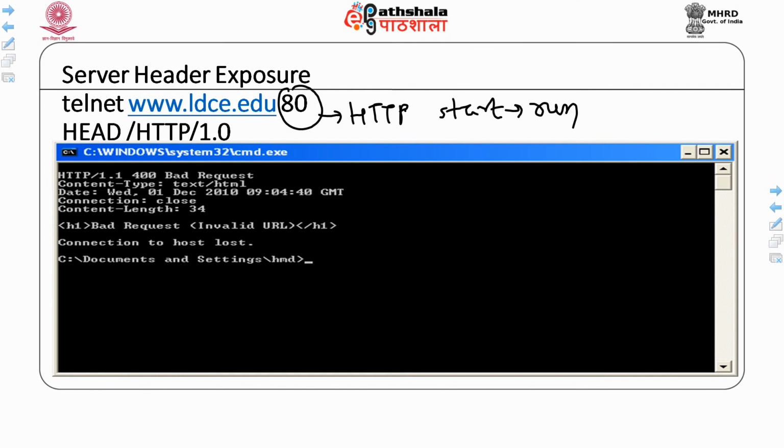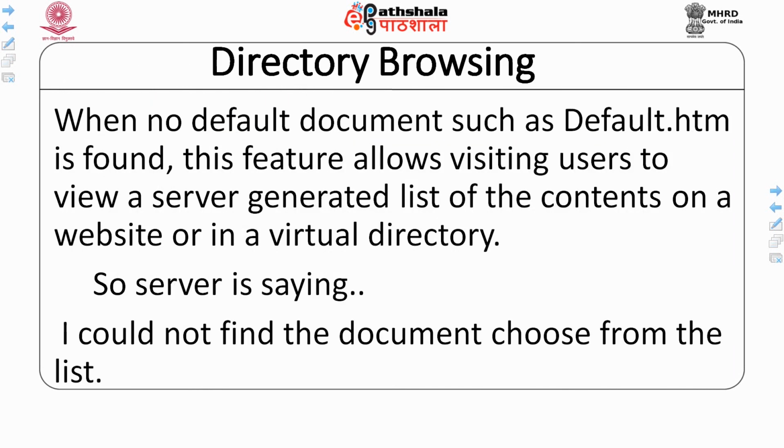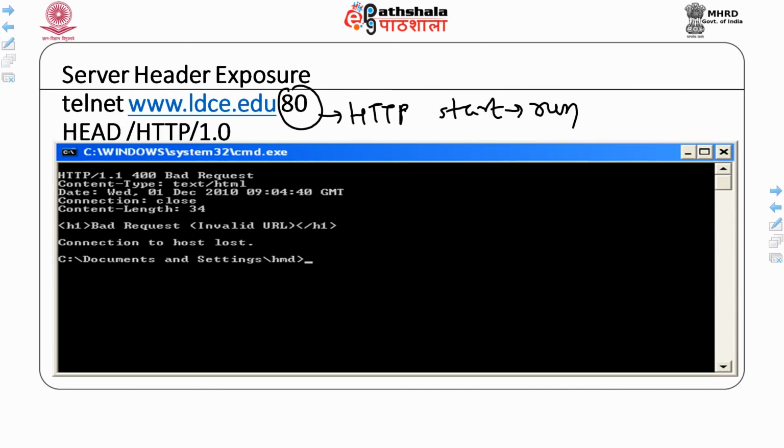The connection is closed, the content type is HTML, and it shows the date and the content length. So it asks for the server header and shows you the content. From the response you can analyze that the connection is closed, so you cannot access it.